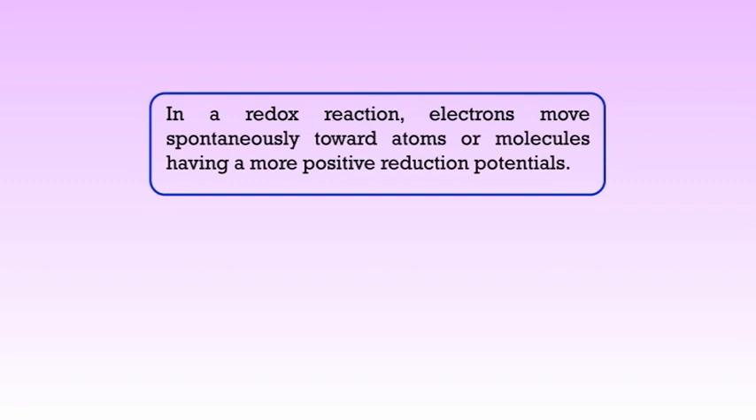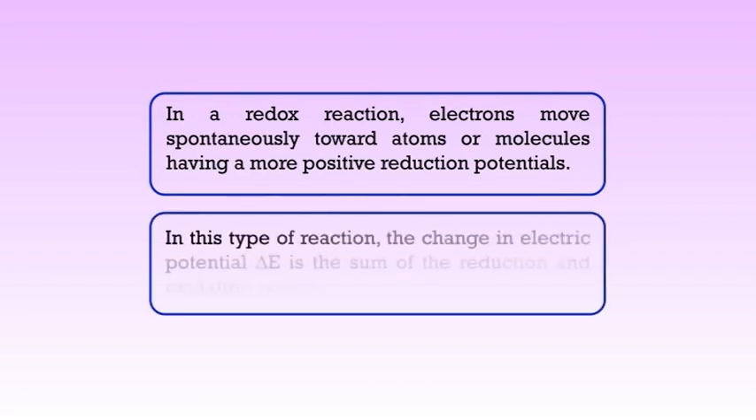A molecule or an ion with a positive E prime naught has a higher affinity for electrons than the hydrogen ion does under standard conditions. Like the values of standard free energy change, which is denoted by delta G prime naught, the standard reduction potentials may differ somewhat from those found under the conditions in a cell because the concentrations of reactants in a cell are not 1 molar. In a redox reaction, electrons move spontaneously towards atoms or molecules having a more positive reduction